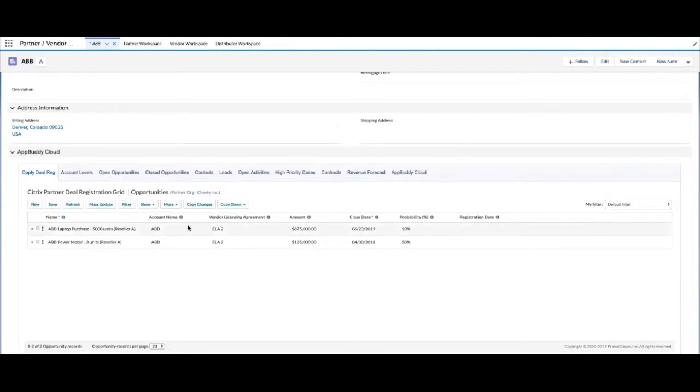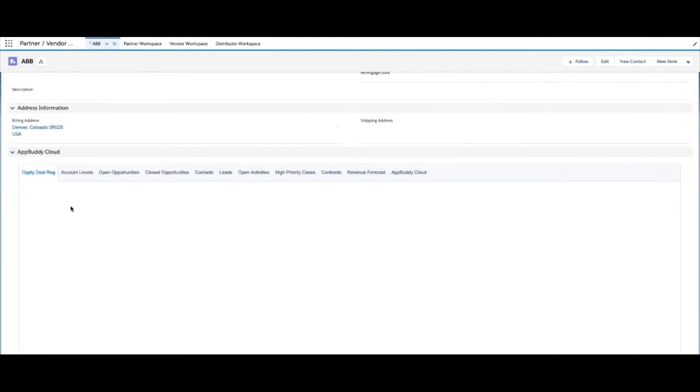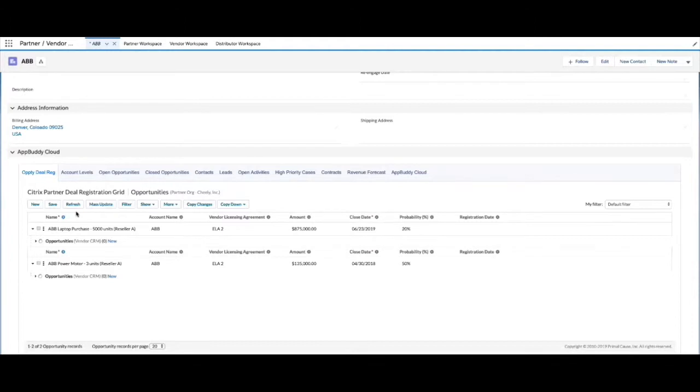But I can manage my opportunities with all the great benefits that AppBuddy gives me, where I can easily edit inline and I can choose all the fields that are relevant for me to manage my process. However, what's really powerful and unique is